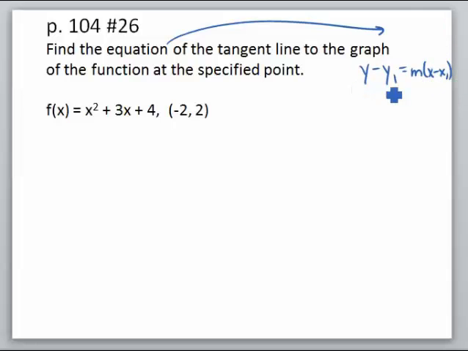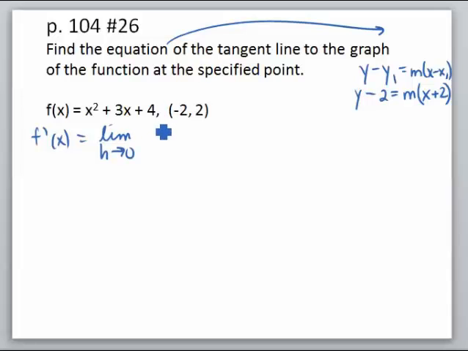So this is the equation of any line. I could start to write this equation by going y minus 2 equals, this is what I need to find, times x minus, and so it ended up being plus 2. So this is the start of my equation of my tangent line, but I'm missing my slope. So I'm going to need to find f prime of x, which is the derivative. So I use the derivative